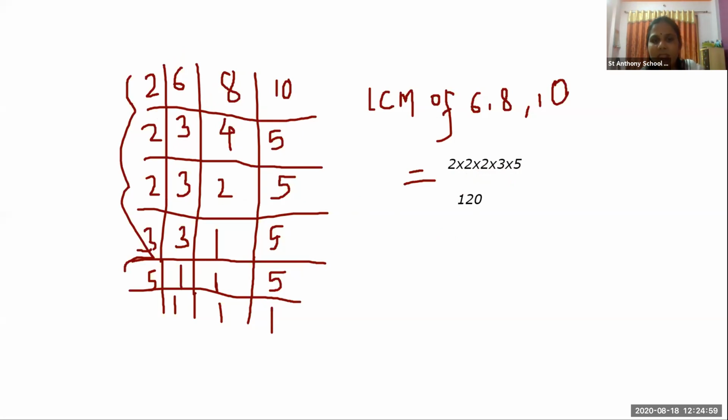Okay, yes, 3 will be the HCF. Correct, correct. Very good. I have not told you to take out the HCF also, but you have done it. Very good. Very much appreciated, 7th standard students. Very well doing maths. Okay, its HCF is 3. Very well done. Okay, so let's move to another sum.